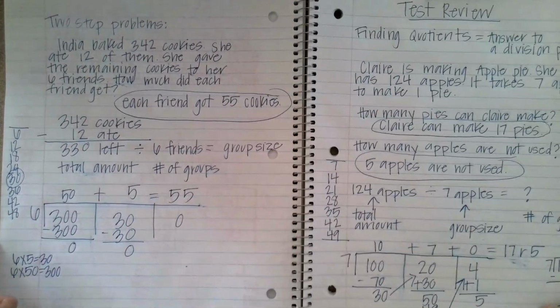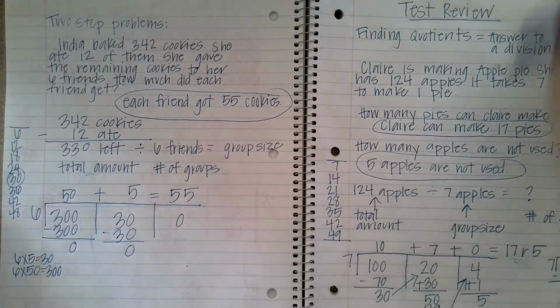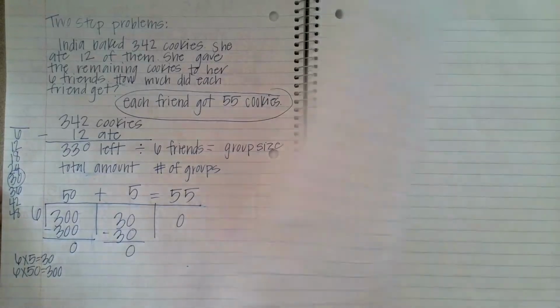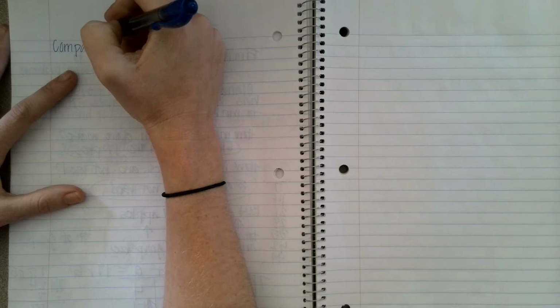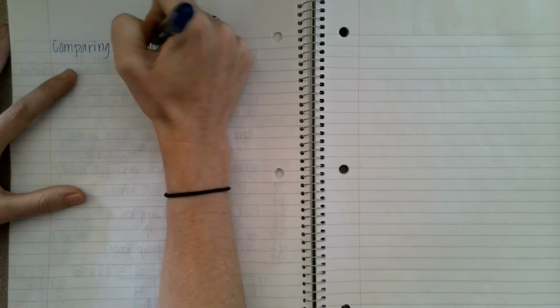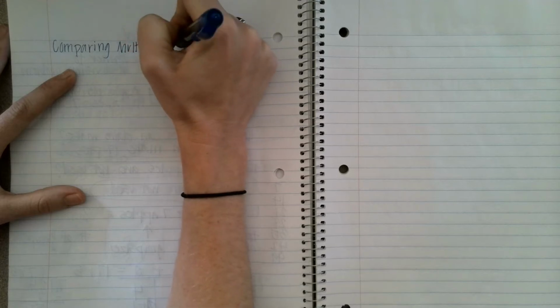Okay, last thing that you'll be having on your test, let me flip my page. The last thing that you'll be having on your test is comparing multiplication problems. Comparing multiplication. So what that means is,